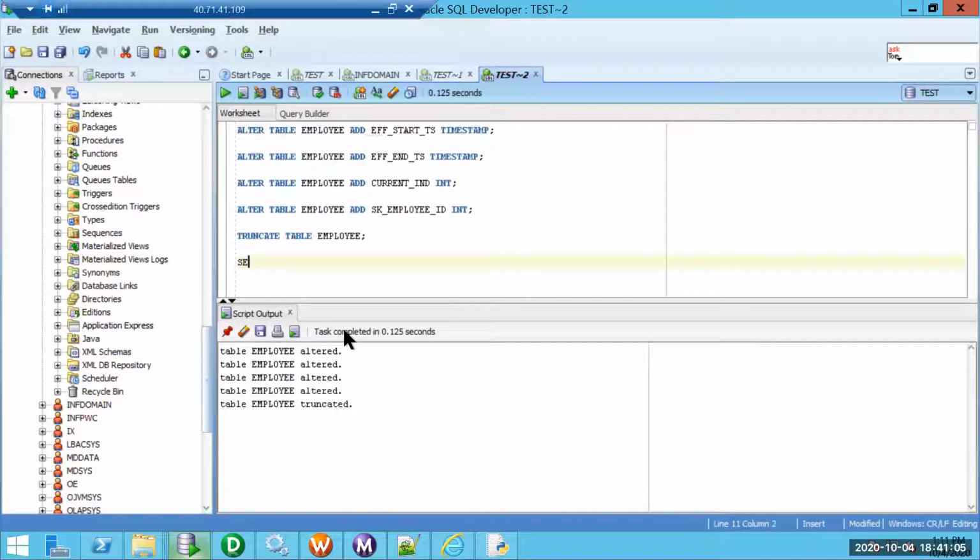Select star from employee. Let me try. I'll try to update few values. Select star from employee.